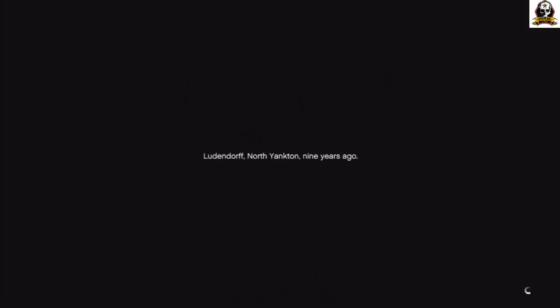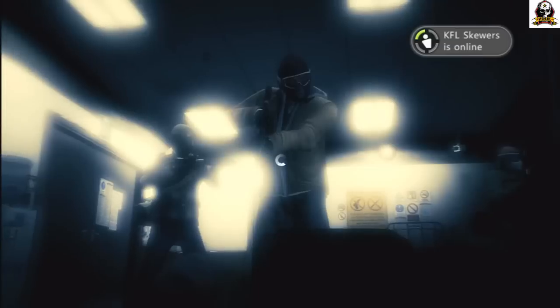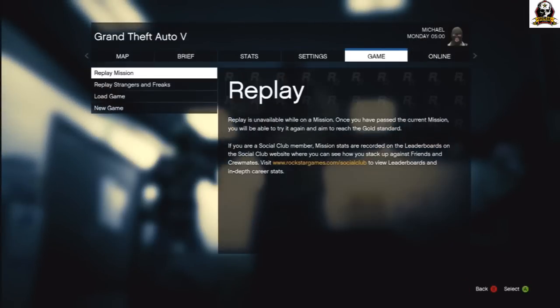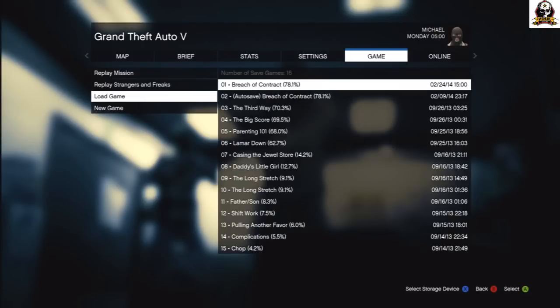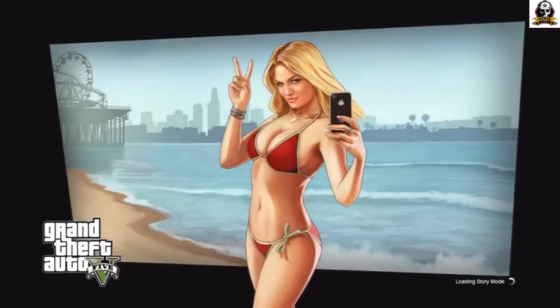But as soon as you do, press B to go back, let it load the cutscene, which may take a minute to finish loading, and he'll throw the girl to the ground. As soon as you see him throw the girl to the ground, press start, and then go to game, and you want to load a save. It may ask you for your storage device. So I'm going to load the save up, and this is going to put us